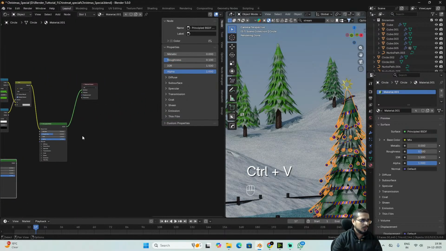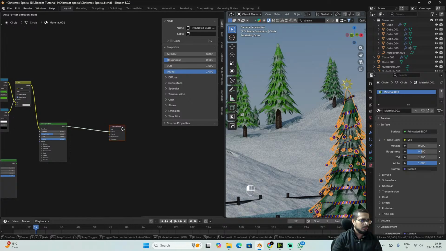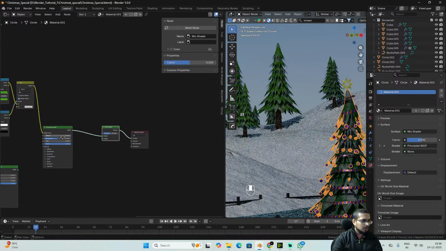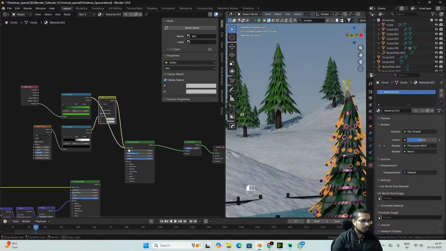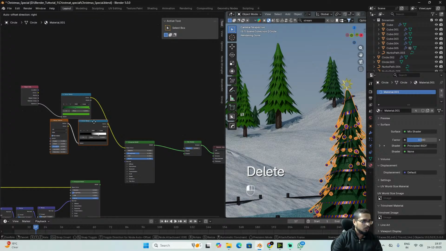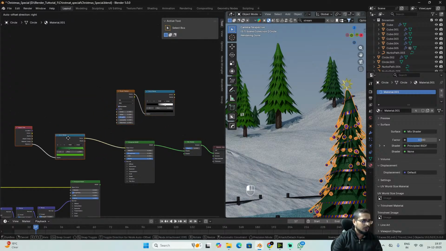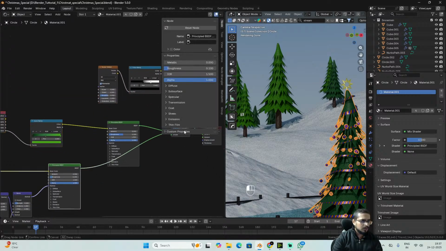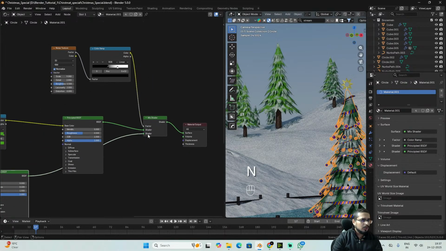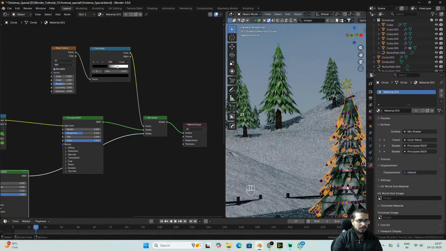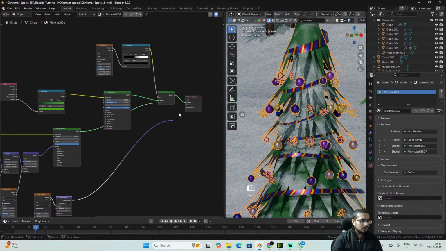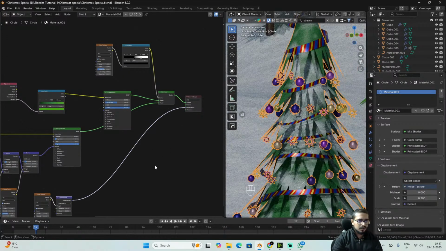Okay, we can add a mix shader, and instead of this mix color node we can use these two, somewhat like this, and if I add a displacement, yes,